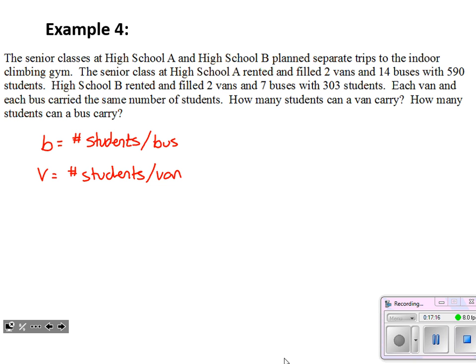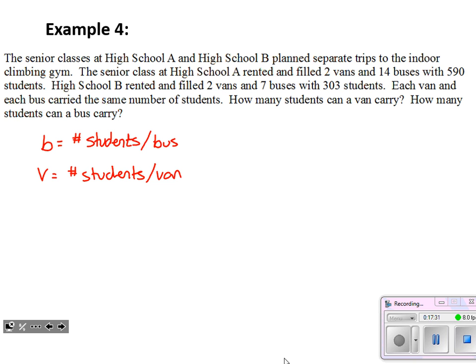So now I have variables to work with. I've got things that I can solve for that will answer the question. That is a crucial first step when you're dealing with word problems of any type, really. Figure out what you're looking for. RTQ, I call it. Read the question.